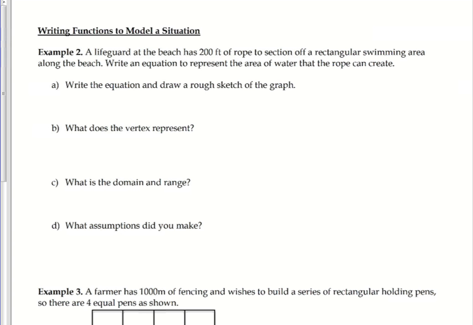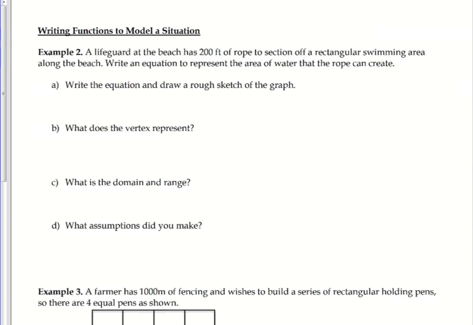A lifeguard at the beach has 200 feet of rope. So these types of questions you're going to see a lot of. They're going to take practice, and the more you do them, the easier they get. Okay? So it says a lifeguard at the beach has 200 feet of rope to section off a rectangular swimming